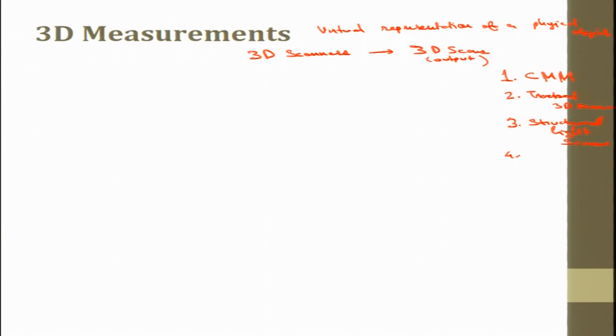One more type of scanner is the portable 3D scanner. There are many types of portable 3D scanner. Anything that can be held in hand and taken to the machine or the component that we would like to measure would be called portable. So these are the major kinds of scanners. I am just introducing them, I am not getting into details. For details we will share the notes and you can read them.